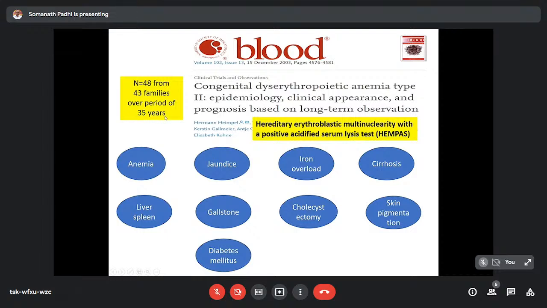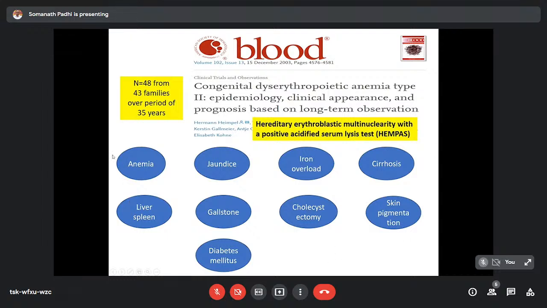That means from 1967 till 2019 in 2001. And this is known as Congenital Dyserythropoietic Anemia type 2, epidemiology, clinical appearance, and prognosis based upon long-term observation. And as was expected, most of the clinical hallmark features of these patients